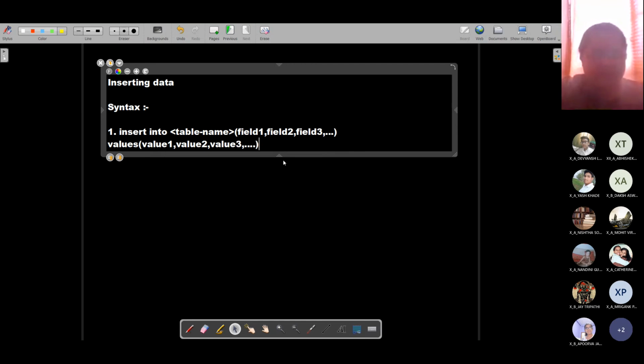So here, this particular insert statement is for that case where you don't want to insert data into all the fields. You want to insert data only in a few fields. For example, suppose you are creating a student table, and in that student table, you have some additional columns like the stream allotted to the student, and whether the student is a hosteler or not.